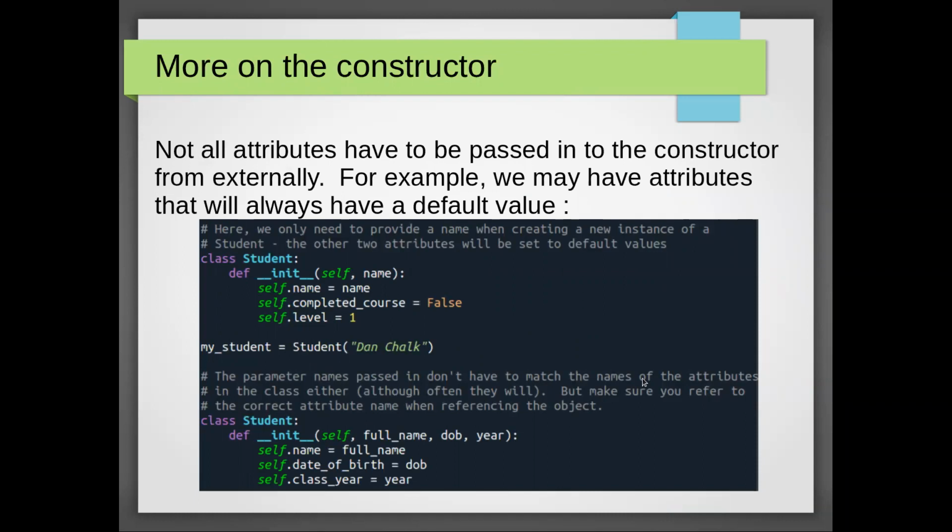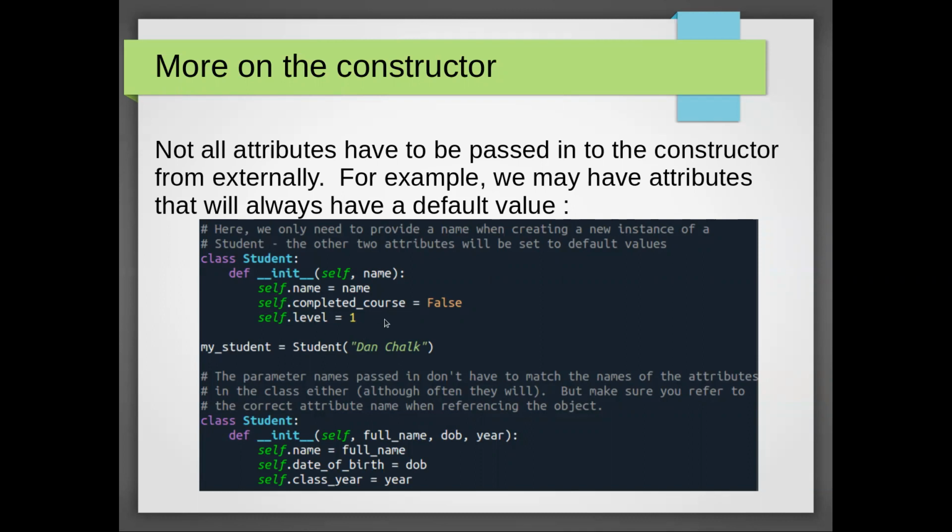Now, just a small point worth pointing out. Not all of the attributes have to be passed into the constructor externally. You could, for example, have an object that gets created where you have some default values, and there will always be those default values whenever you set up a new object. So, for example, here I've set up a class called student. I've set up my constructor. I'm passing in a variable called name, and that will be stored against my own attribute called name, and I'll use that value. But I may also have some other